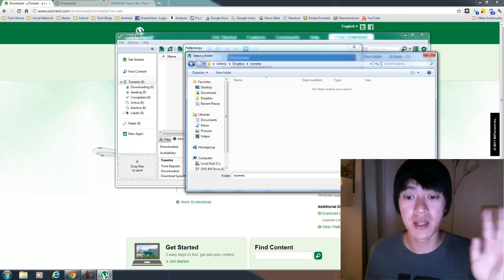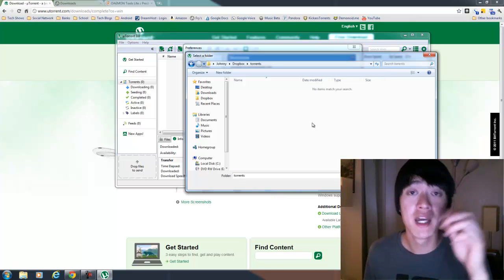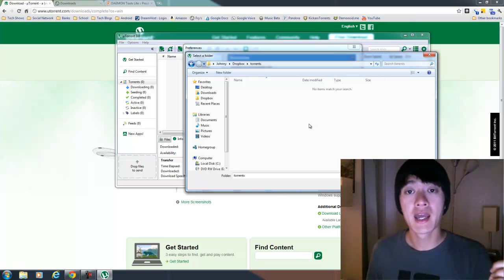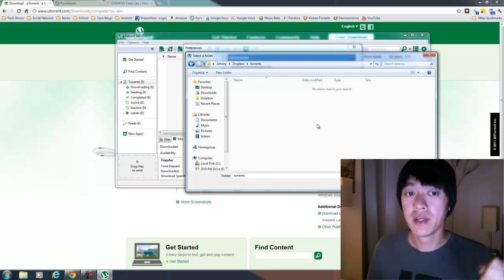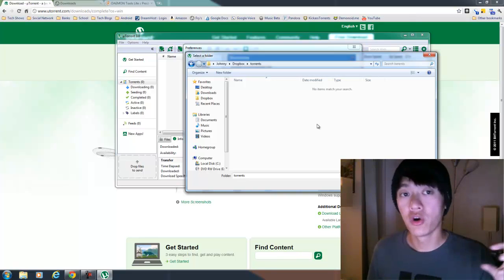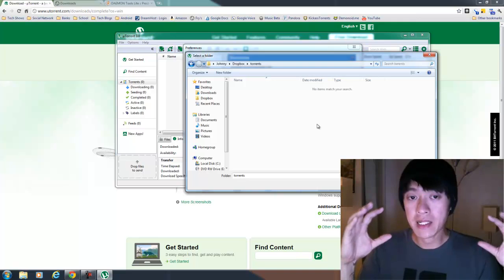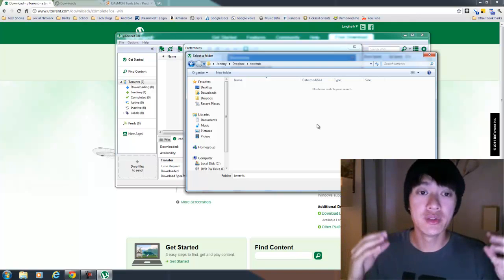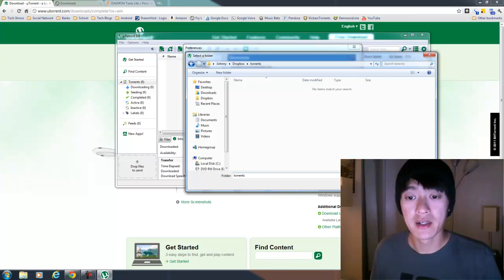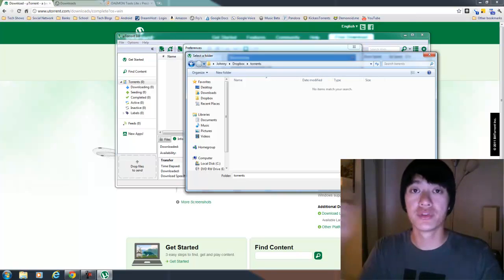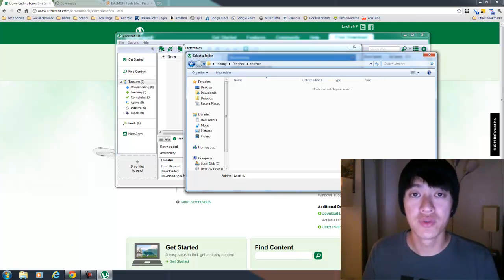Now, not to get too complicated or too sidetracked, but the reason why I put it in my Dropbox is because I could be at another computer somewhere, or a computer at work, and they don't allow torrenting, which is totally understandable. I will download the torrent file and put it in my Dropbox. Then my computer at home, when it's on, will have uTorrent running, and uTorrent will recognize the torrent in the Dropbox folder that I created, and it'll start downloading the file, because Dropbox is that whole syncing folders thing. If you don't know what that is, then just pick your desktop or the downloads folder for your torrents to